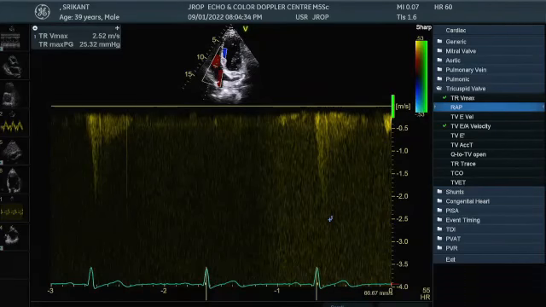Before you ask another question, if it's a COPD patient, you spend all 5 windows. What we have learned, you should see in the focused RV-RA view, you must see in the RV inflow view. At least these 2 windows, you must see for the PA pressures. Okay? Go ahead, next question.